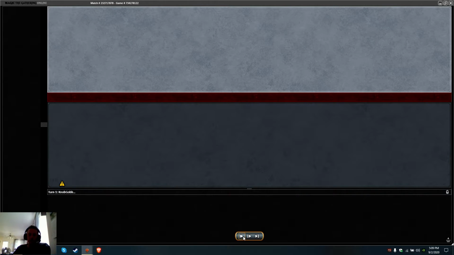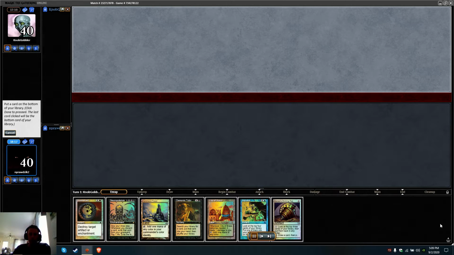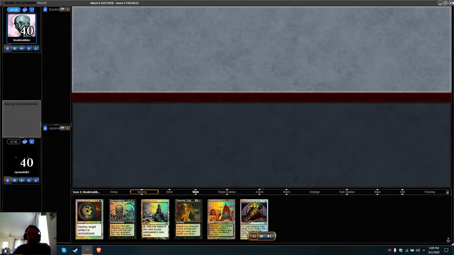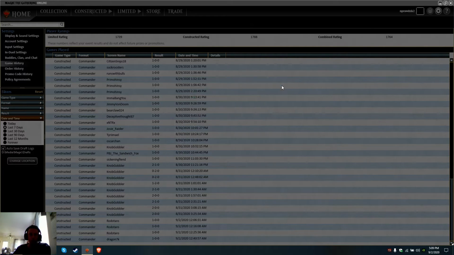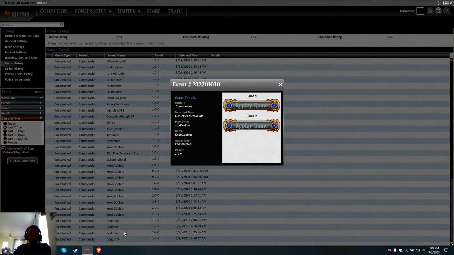All right, so game 2. Once again, though, look at how important these Disenchants are. Oh, that was game 2, apologies. All right, so we're going to run through the last game against KG, and then we'll run through the games against Rototaro,